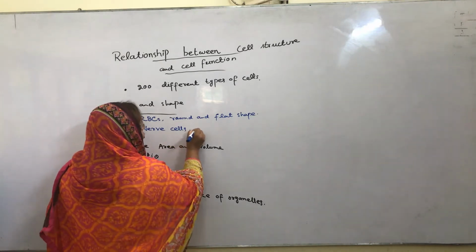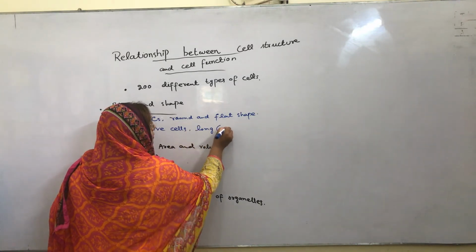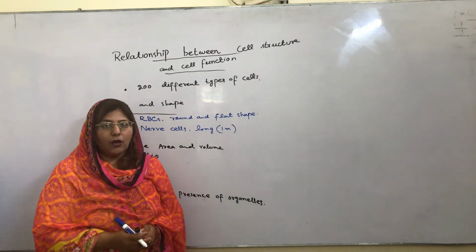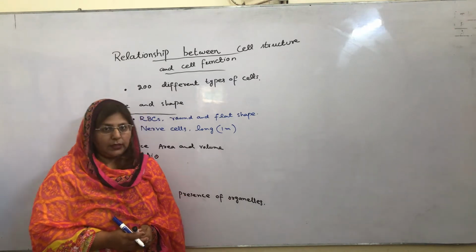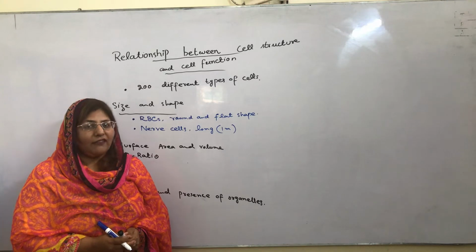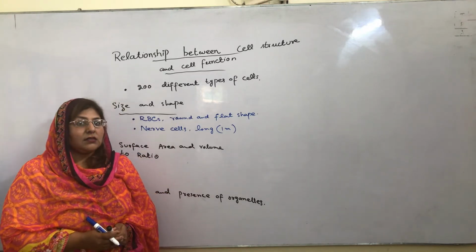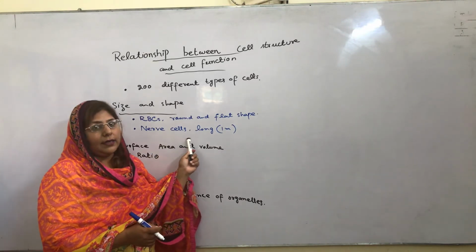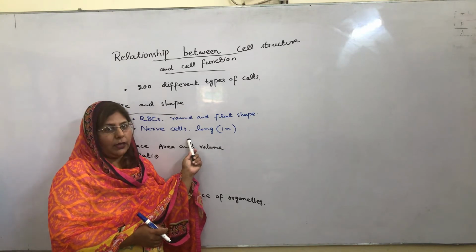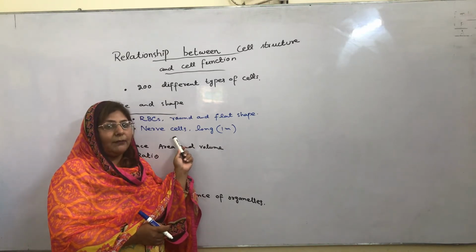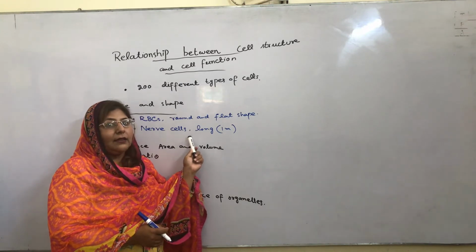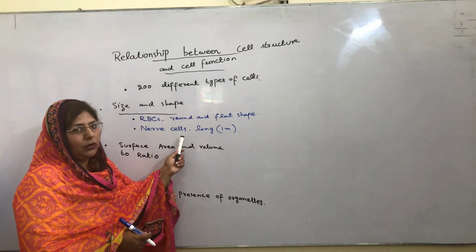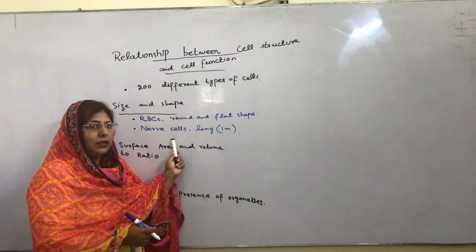Nerve cells are long. Approximately they are 1 meter long. Why are they important? Because we all know our brain is the head of all organs of the body. Every message comes from our brain and is received by our spinal cord, and from our spinal cord nerves arise and go to each and every part of our body. When they reach an area, they take the message from the brain and convey that message to the relevant organ. So these nerve cells are long, and their function is very important in the human body.